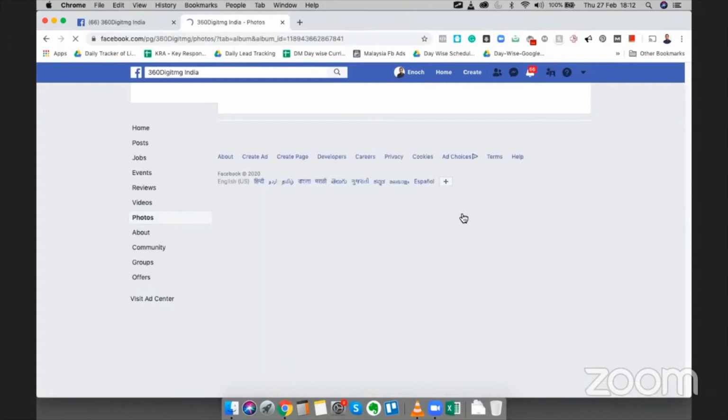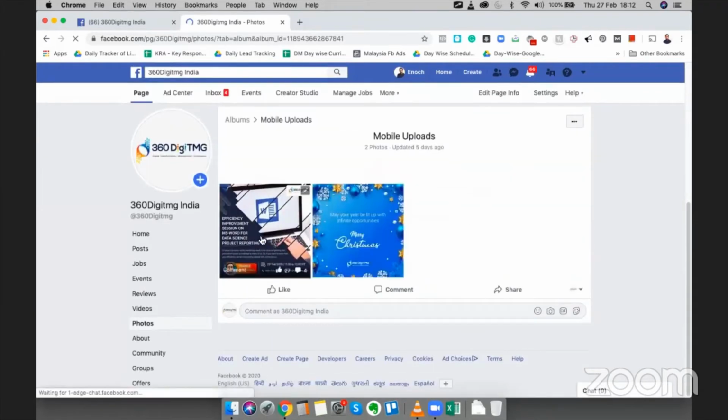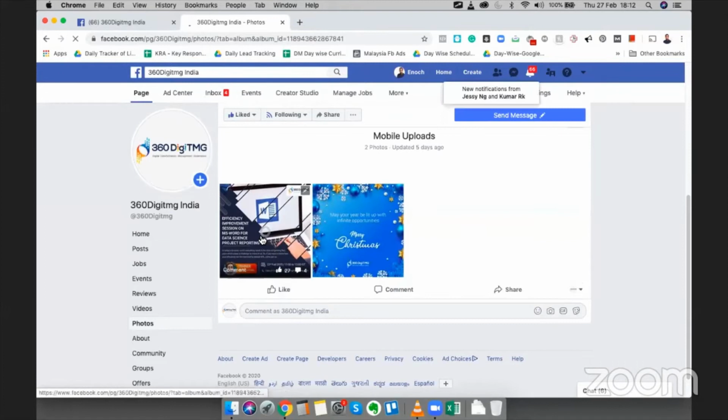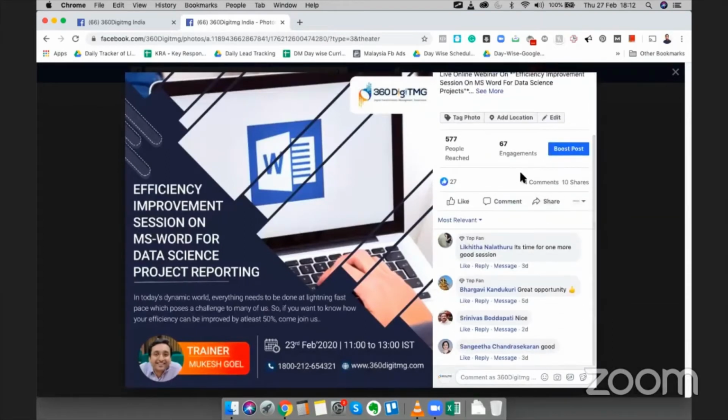Let's say I am advertising this program that we had last week, an efficiency improvement in MS Word. You can see that we got about 10 shares and 4 comments.